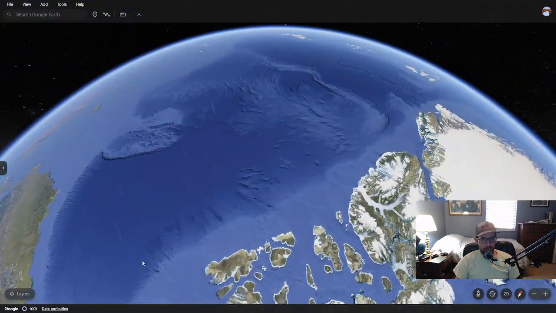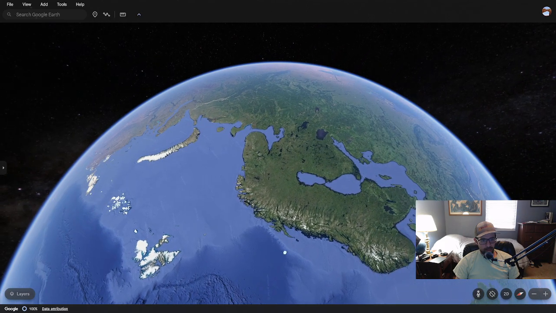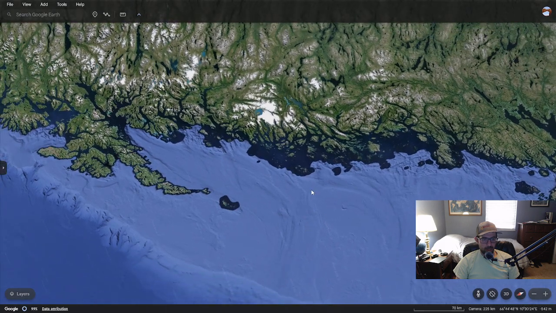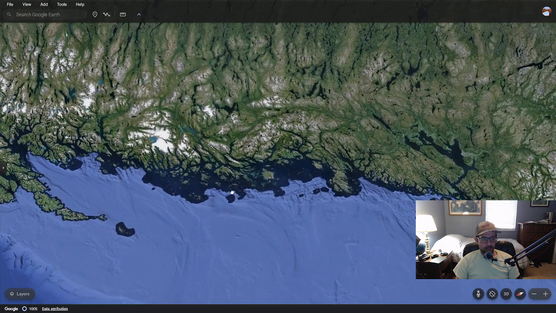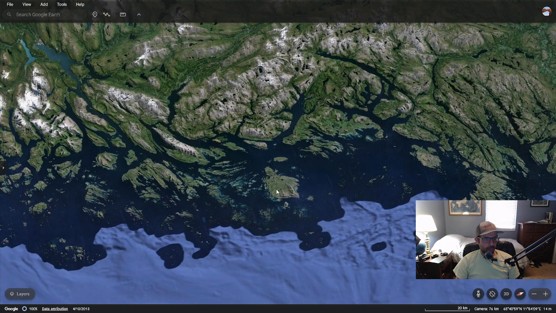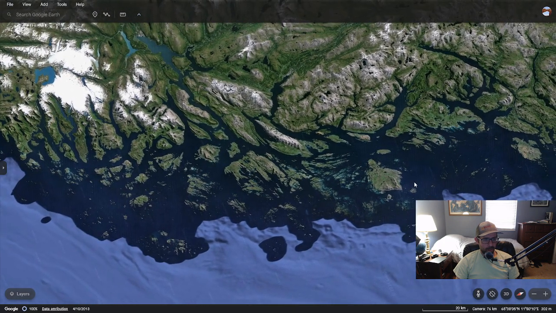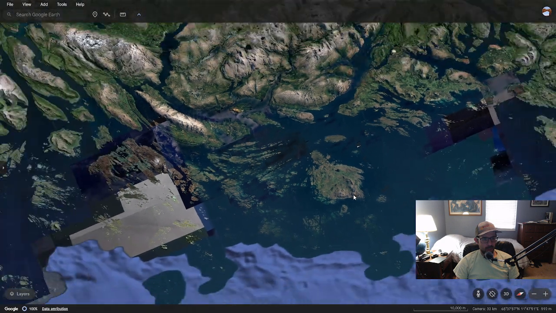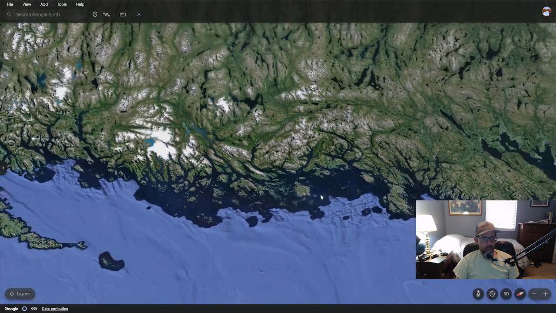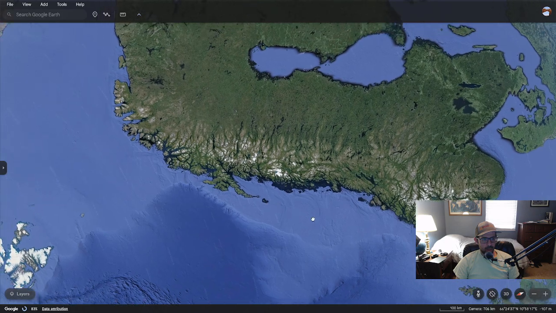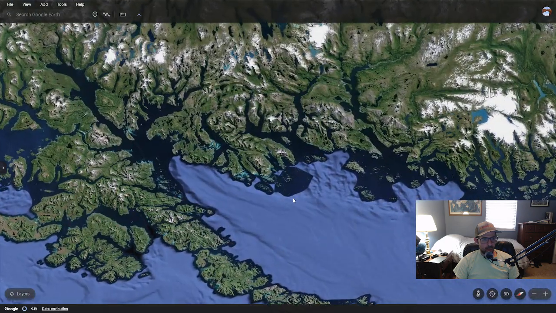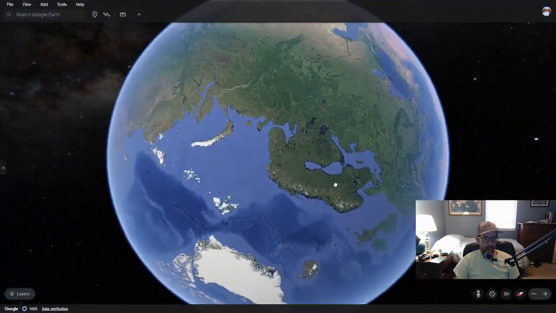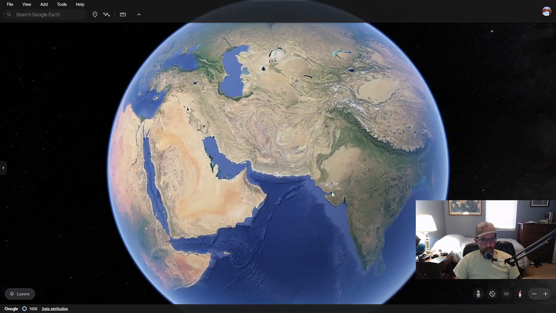Let's just look at some other areas real quick if I can find it. I was thinking over here too, but I'm not sure if I can find it. I did a video on a terrain over here, or a structure. Maybe it was here. I can't find it. Off the top of my head, I don't remember what it's called either. But over in India,